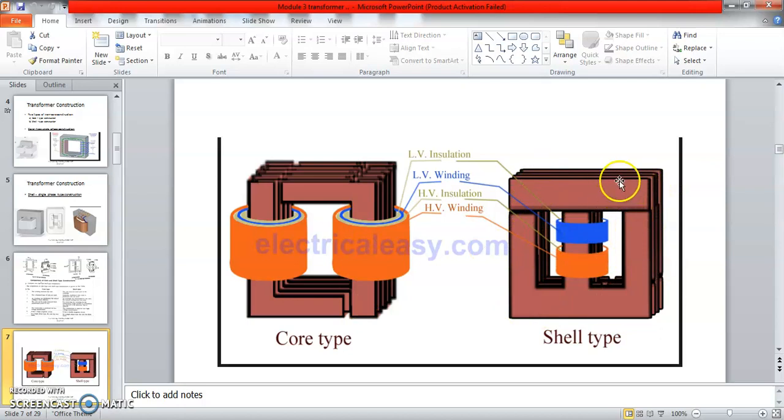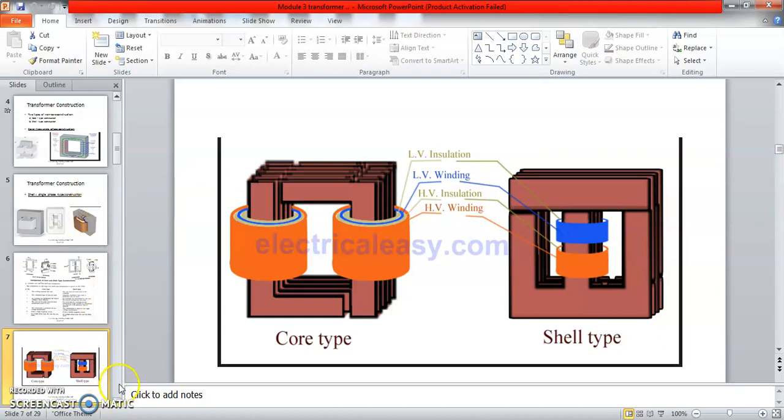These laminations are clubbed together. The laminations are made up of steel and assembled so that eddy current and hysteresis losses are reduced. In the winding, copper loss also takes place, so the thickness of the winding has to be maintained to reduce copper loss. In the winding, sometimes the temperature will increase and the winding gets damaged. The winding has to be cooled. Sometimes these transformers are kept in oil for cooling purposes.